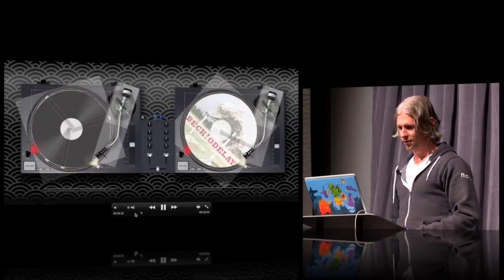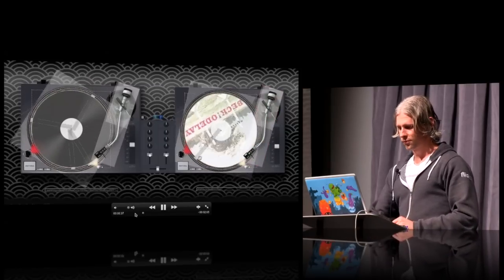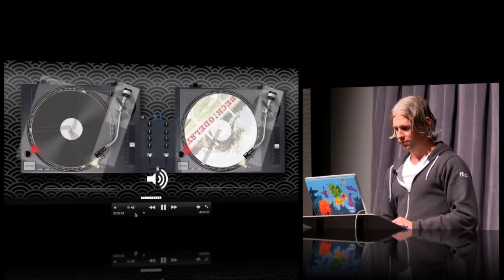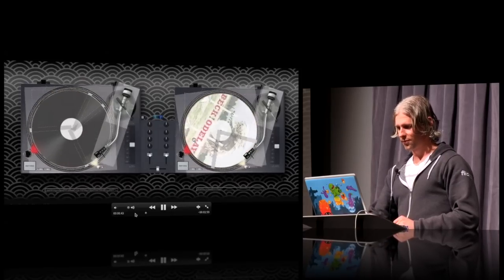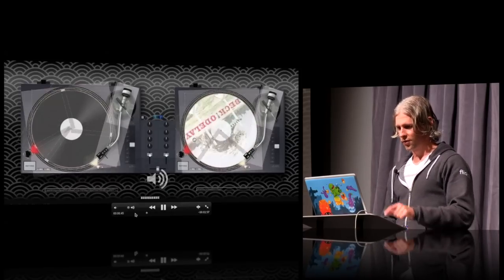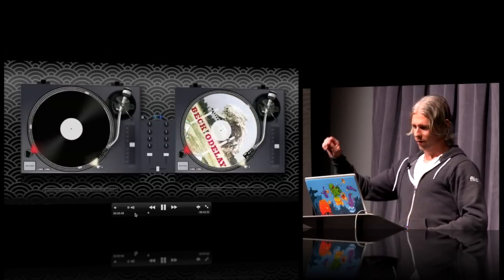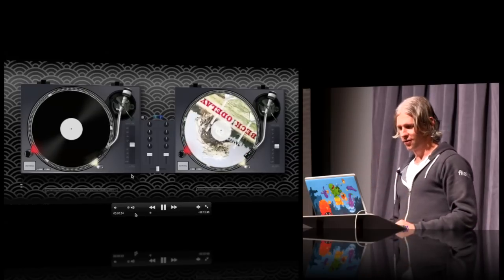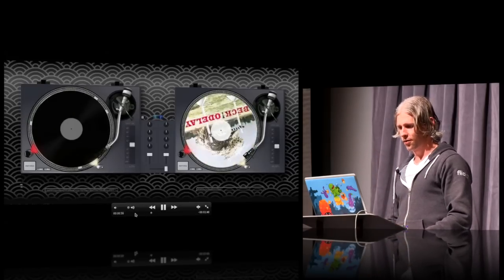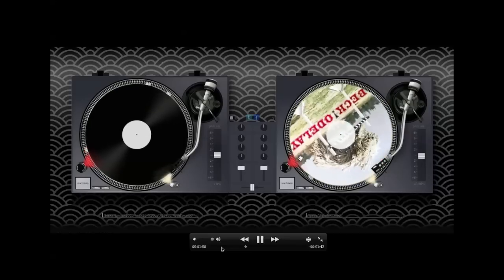Okay, now we're on sync. One channel. So I've started this other one to keep that instrumental loop going. Now I'm going to grab this one, let this play out, the guy will start singing. In a moment.